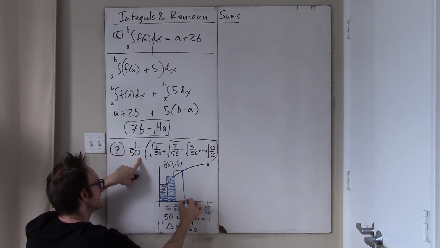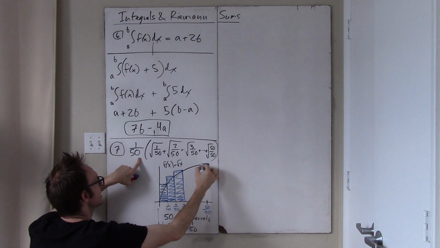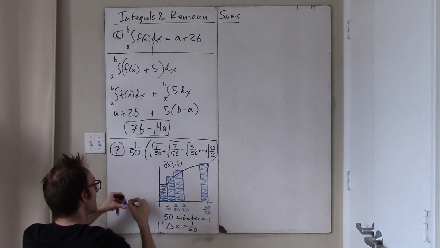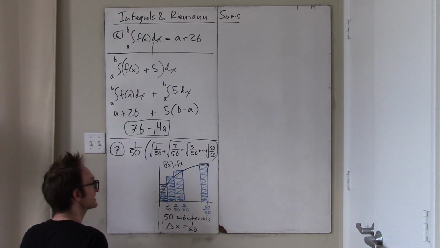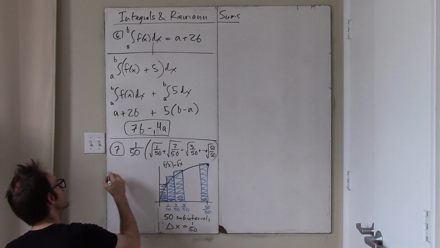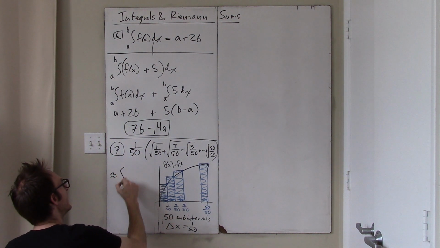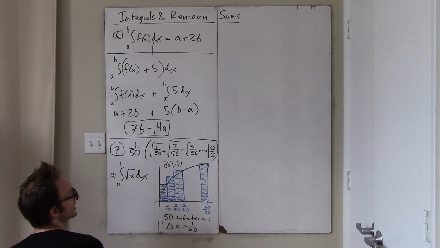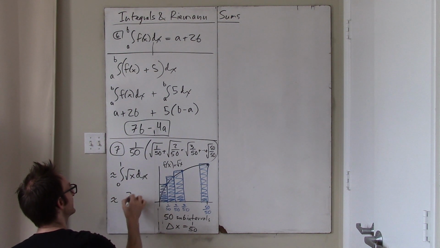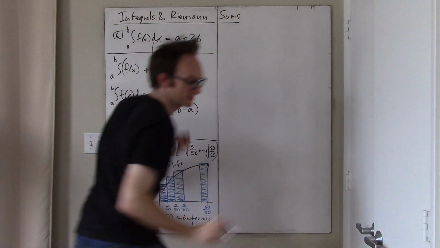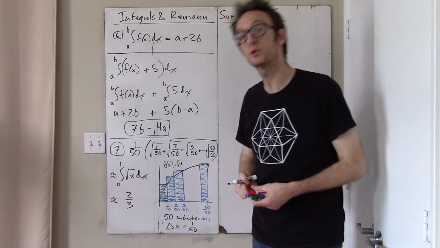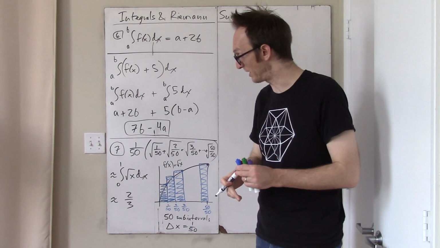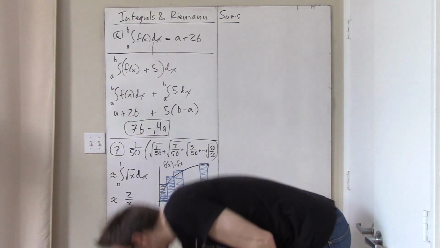And so you're supposed to understand that this entire expression, though quite complicated, is just an approximation of the integral from 0 to 1 of root x, which, by the way, we have seen to be 2/3. So this is going to be roughly 2/3, but it's an approximation of that integral using 50 subintervals of equal width instead of n subintervals of equal width. Okay,